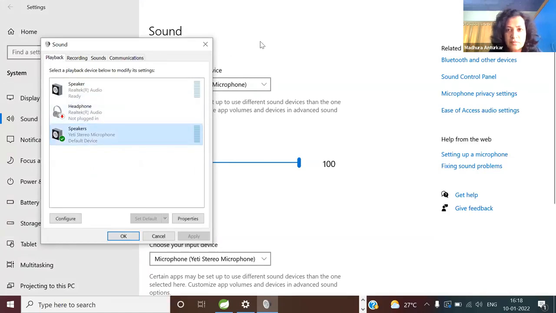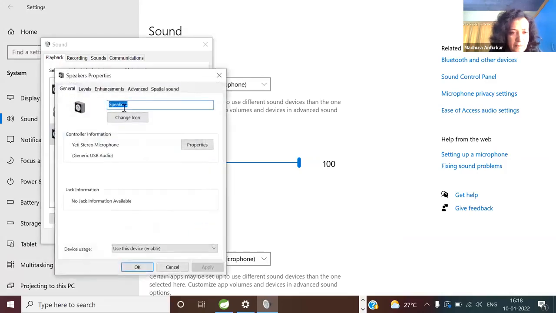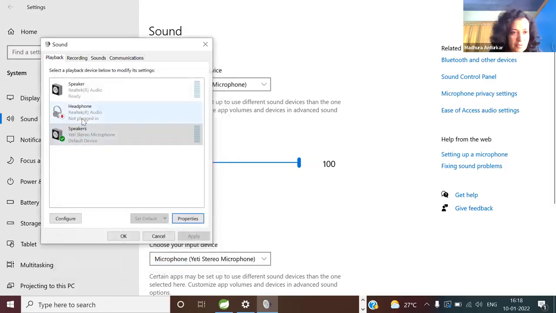Speakers, is this? Are you seeing any problem anywhere? Yeah, I chose the playback. I'm choosing this new stereo microphone. Let's see properties. Speakers. Don't see anything. You see any problem here? Right click, set default.